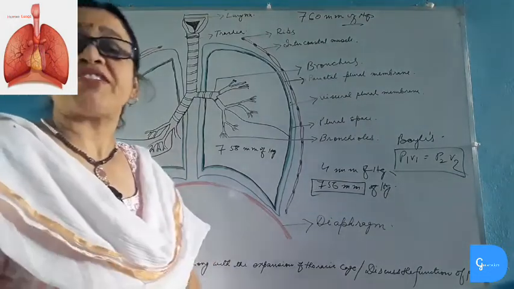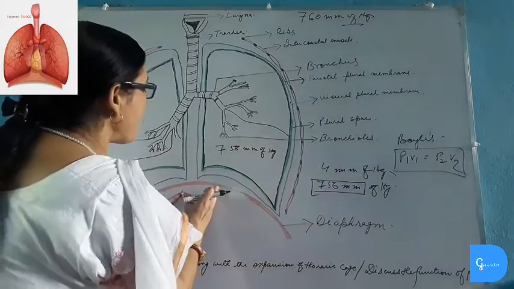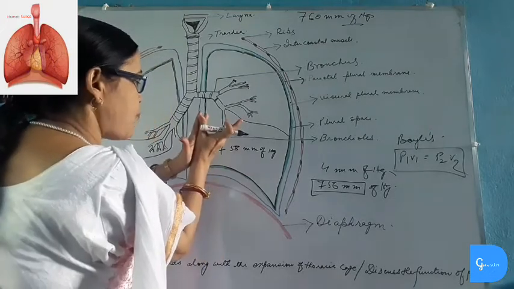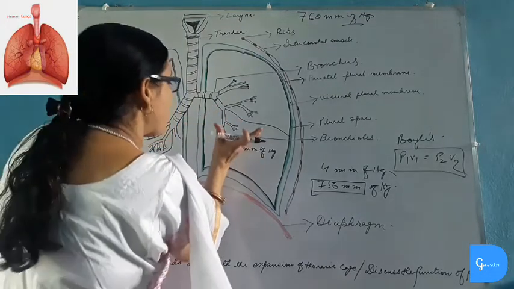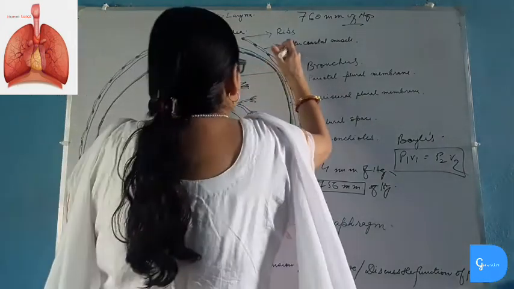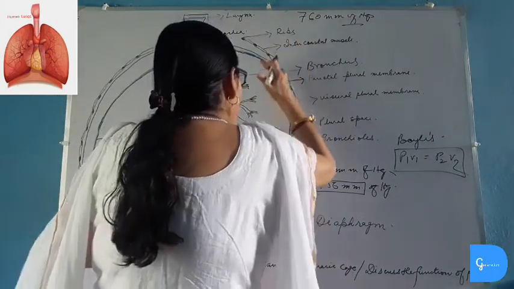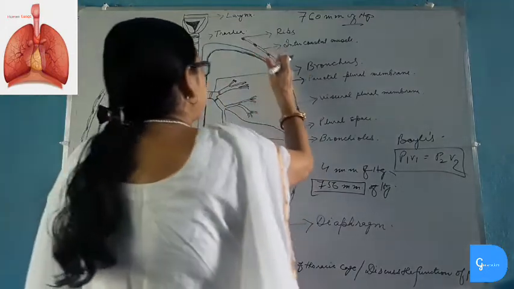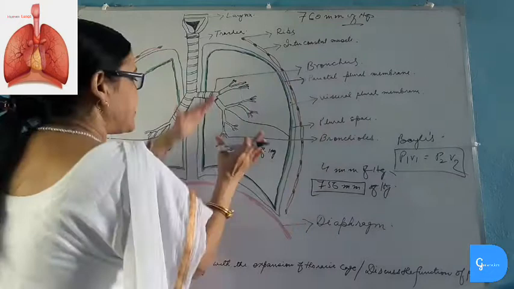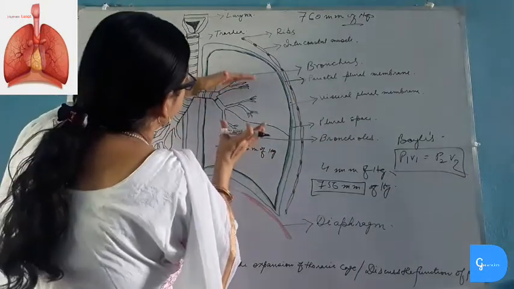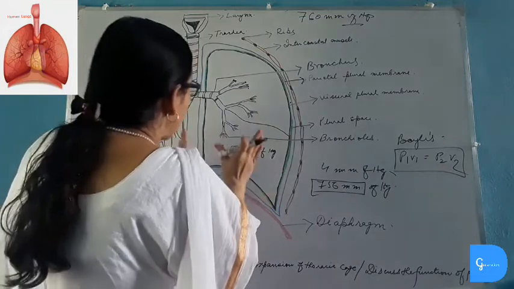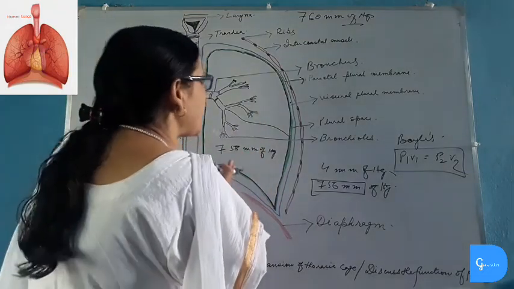Similarly, in case of exhalation, when the diaphragm moves upward, it pushes the parietal pleural membrane upward, and so the lungs also move upward, and the lungs become smaller in size. Similarly, the intercostal muscles move down and inward, and so the parietal and visceral pleural membranes also move inward and downward, and thus the chest wall or thoracic cage becomes smaller, and the volume of the thoracic cage and lungs decreases. It becomes smaller in size.